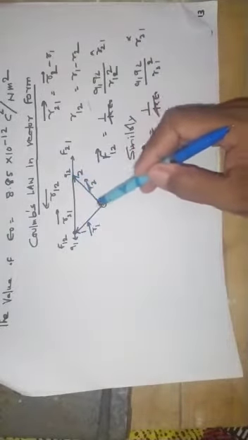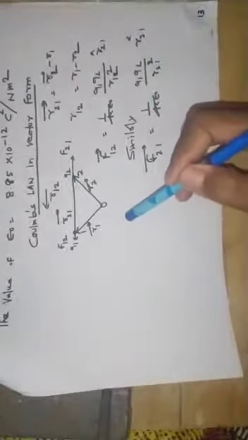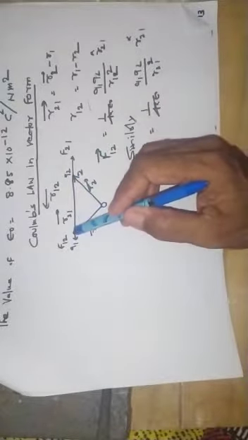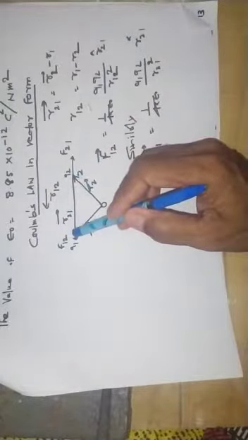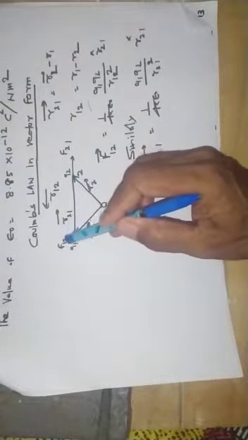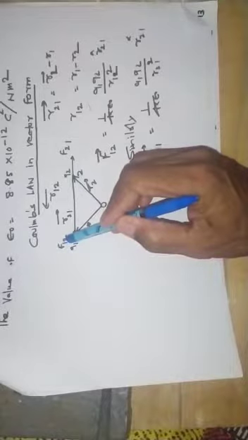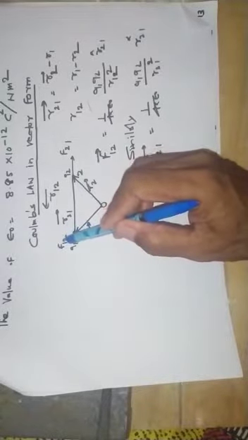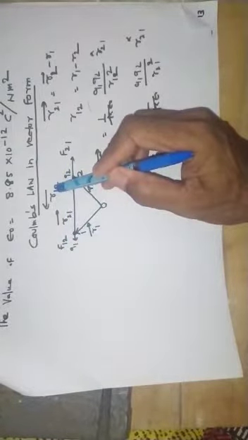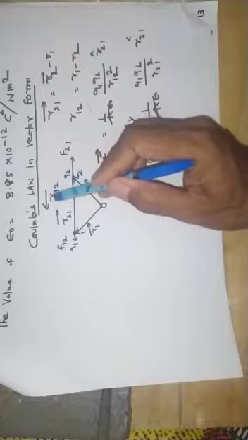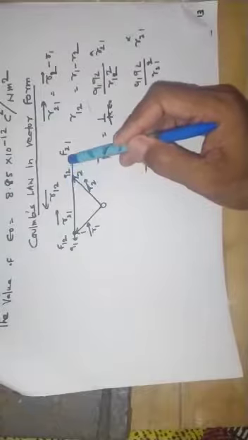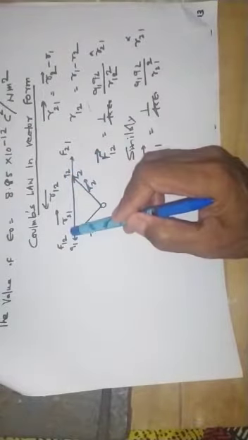To take the position vectors, we have taken an origin O. Now we take the two forces. First we take the force by Q2 charge on Q1, that will be F12. If you take the F12 force, then we take the vector distance R12. R12 means direction from Q2 to Q1.